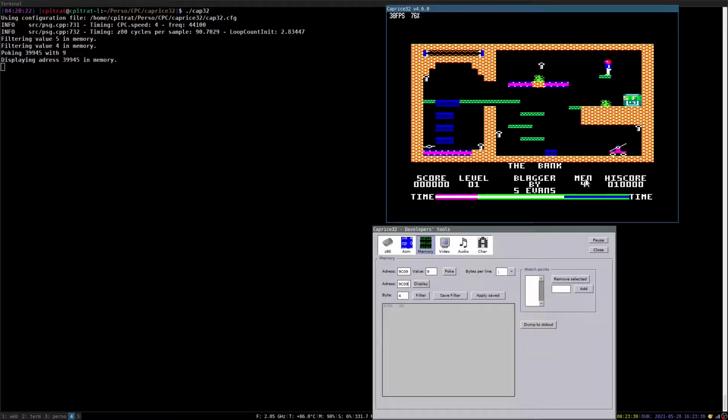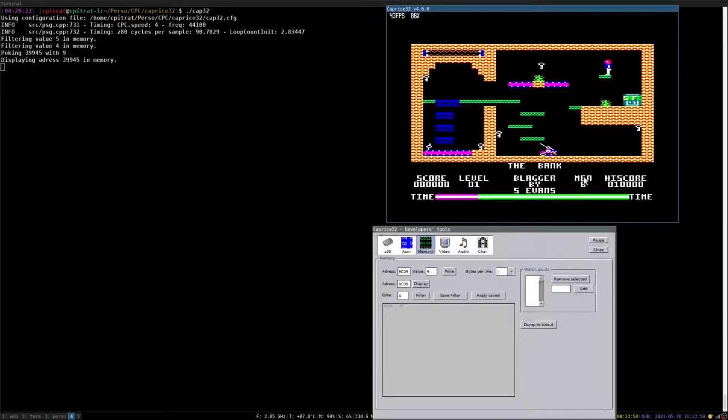Well, the reason is that the CPC is not a very powerful computer, so you don't refresh the whole screen at every frame in your game. You just refresh the parts that need to be refreshed. So the sprites, the parts that are moving, but all the static parts of the screen, you don't refresh them. So I need to reach a part of the code where the place is refreshed. For example, when I lose a life.